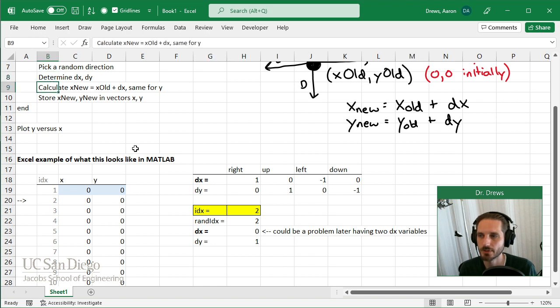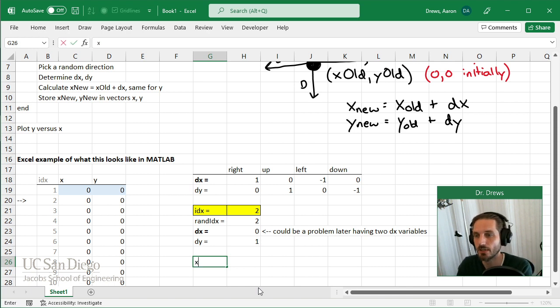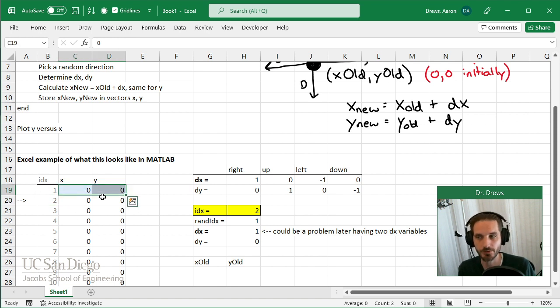Then we go on to the next part, which is the calculation of x new and x old. So what I'm going to do is extract the old values and then calculate the new values. So I'm going to have x old here and y old here. How do I get the old values of x and y given that we are starting off at index 2? Well, the index of the old values is always one less than wherever we are right now. So if I am at 2, the old values are the ones at 1. If I'm at 4, the old values are the ones at 3. So I can take this existing index and subtract 1 to get the old values,